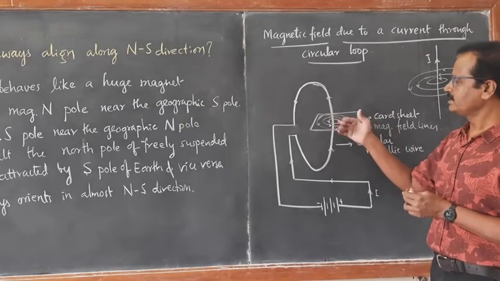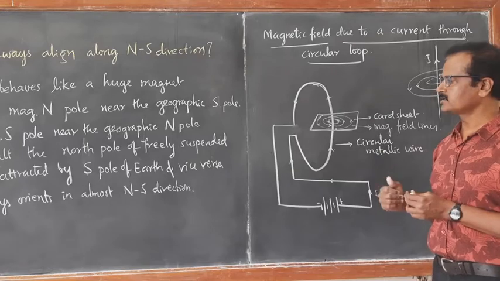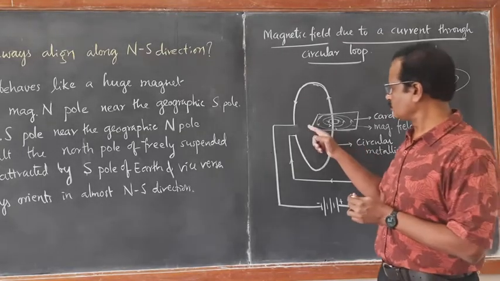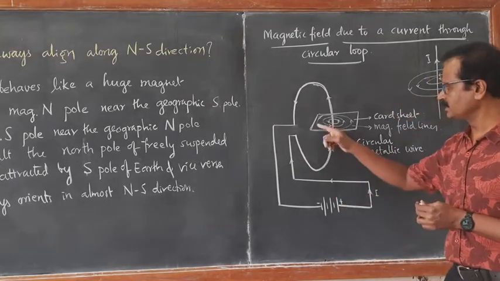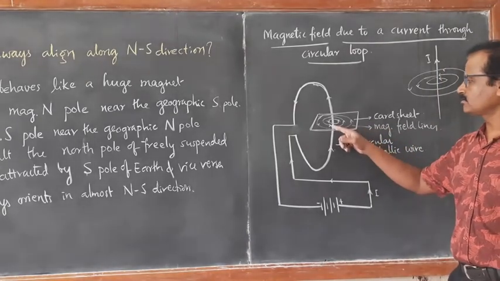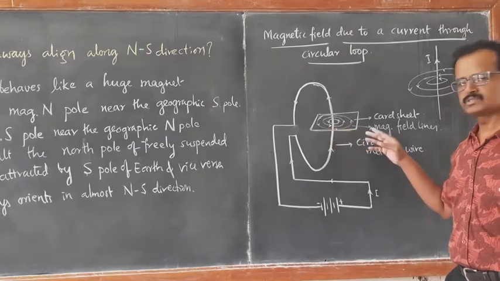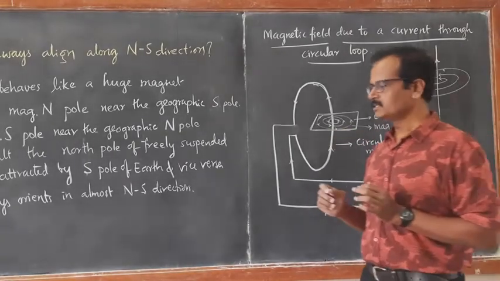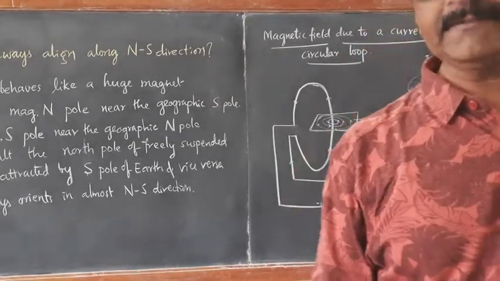In the same way, here they will be forming circular field lines. But when you come close to the center, you see the field lines are becoming longer and longer lines. They are not going to be almost circular. They are going to be almost straight. So this is what I am going to draw once again.